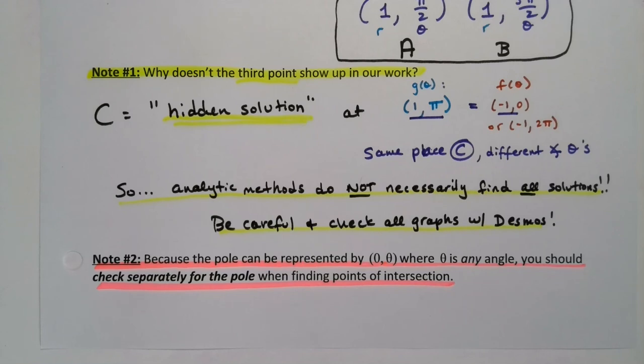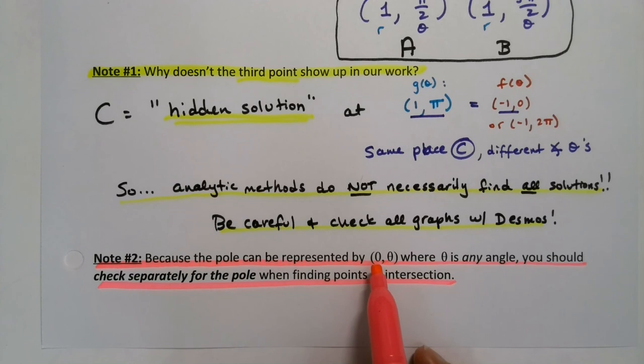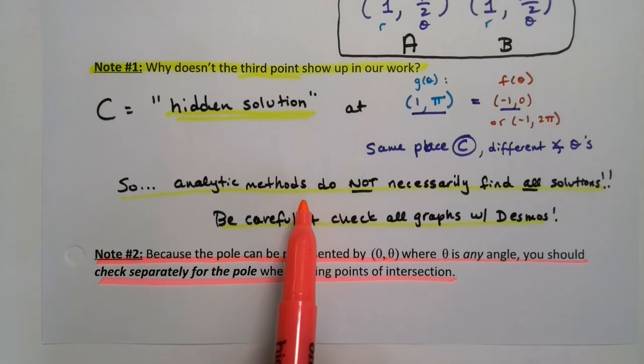So the pole is r equals 0. And that can happen at all sorts of angles. So you often will just check the pole on its own, right, for points of intersection. And see, hey, did both of those curves go through the pole? Because if they did, they're probably going to be a hidden solution because they're going to hit it at different times. A lot of the time, not all the time, but a lot of the